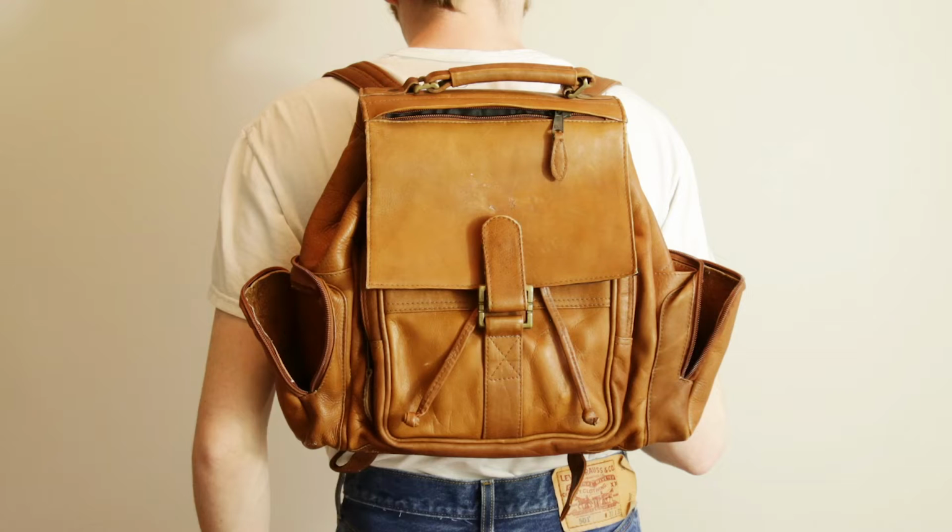The first thing I got actually was this leather bag. It has this really interesting strap that clips here and then goes under this little loop, and I'm pretty sure it is authentic leather. There's kind of a suede leather inside, and I think the outside is genuine leather, but I'm not entirely sure. I think this is going to be a perfect backpack for the summertime or for a school bag,